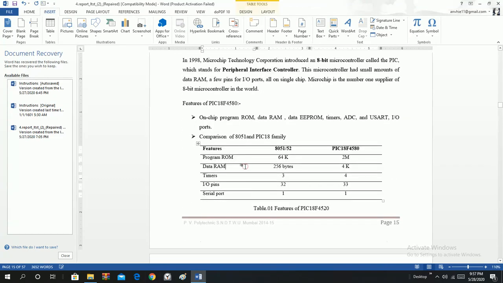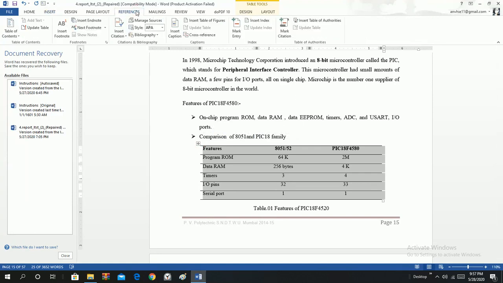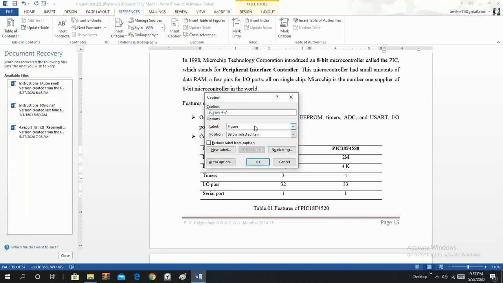This is one table. We have to select the table. Again the same kind of thing, we have to go to References, and we want to insert the caption. So we will select the caption. Now this is not for a figure, but for a table.